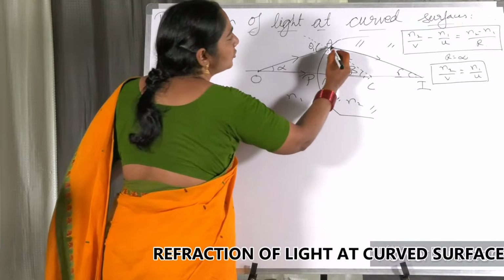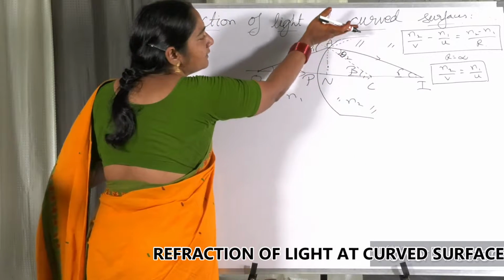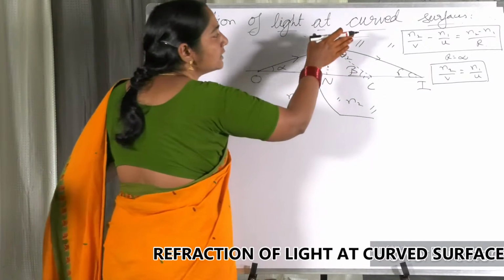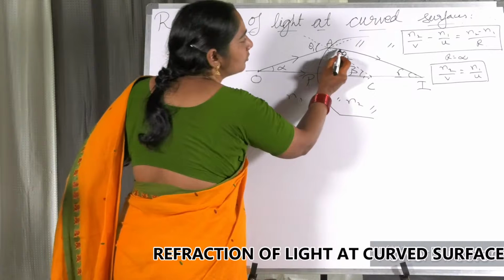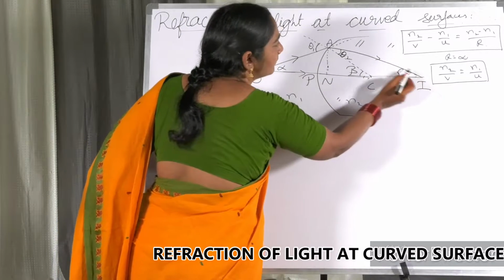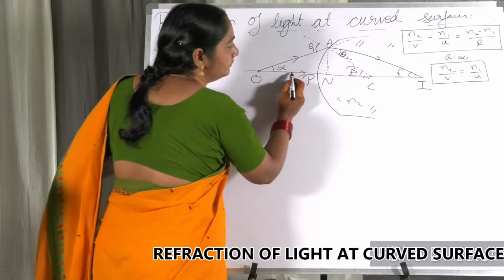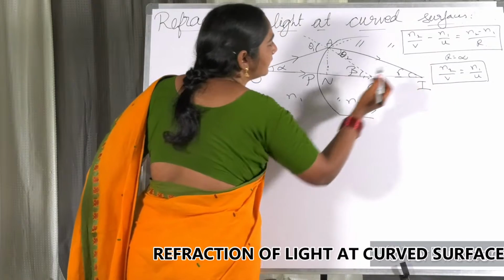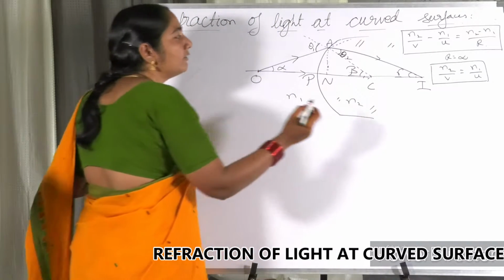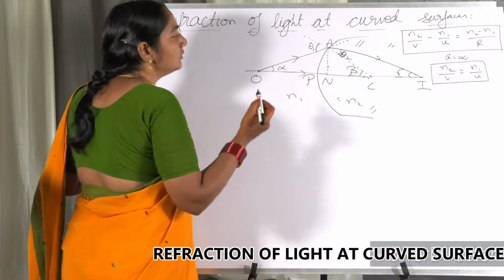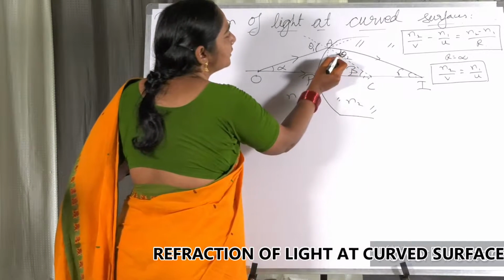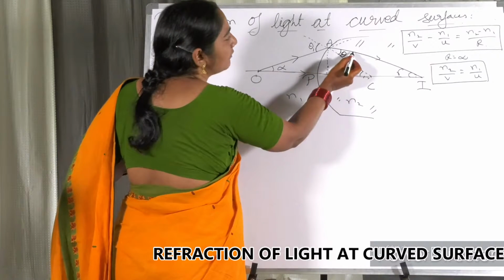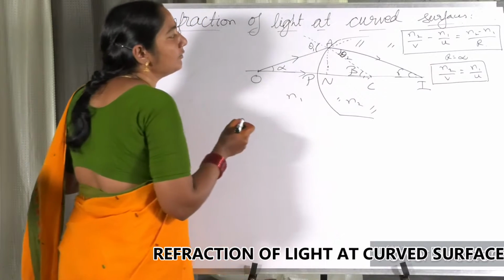This ray actually has to go like that, but it gets deviated because it is entering from a rarer medium to a denser medium. The ray moves towards the normal, already you know that. So now it has moved towards the normal and taken a bend. Now this is another ray, coming in this direction. These two rays are meeting at a point called I, where the image is formed. So, my dear friends, our image is formed at I. Here this angle of refraction we are calling theta 2. Theta 2 is the angle of refraction. You know that the angle between the refracted ray and the normal is called the angle of refraction.